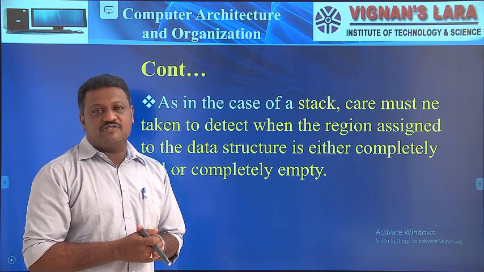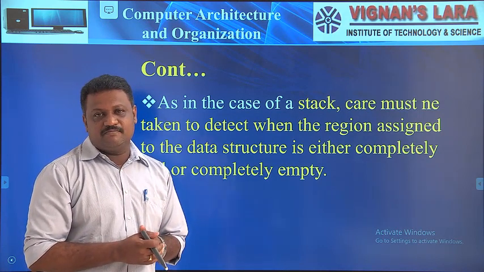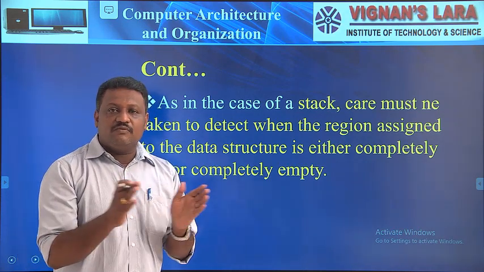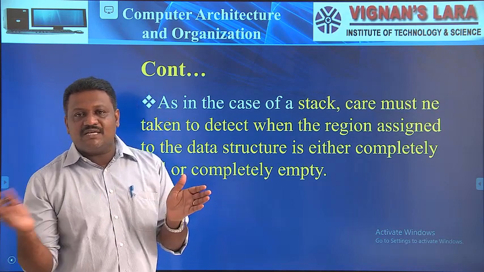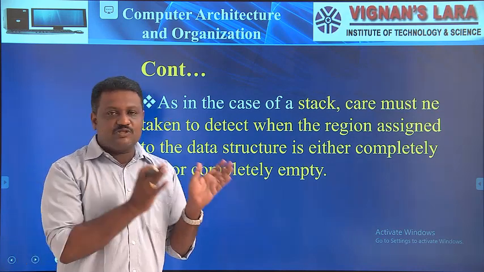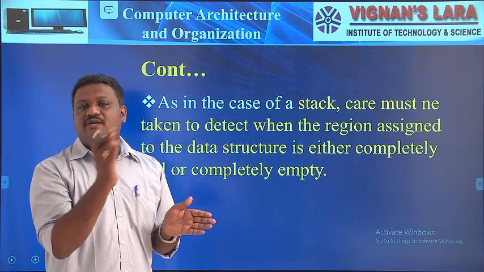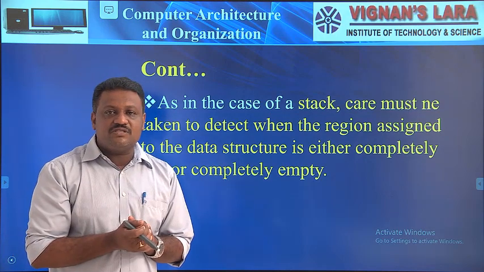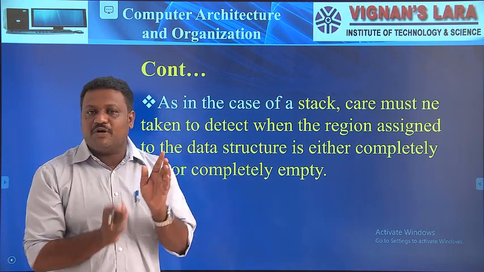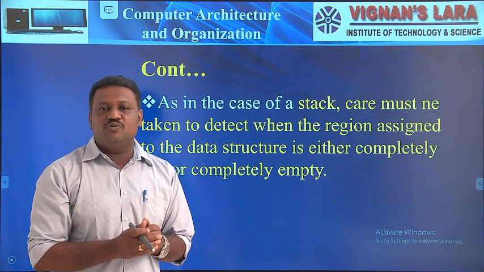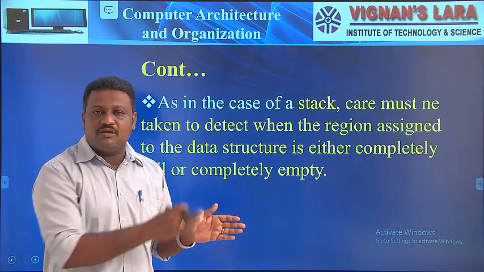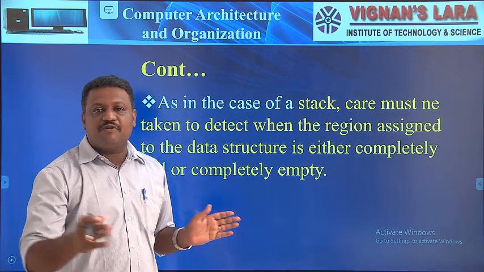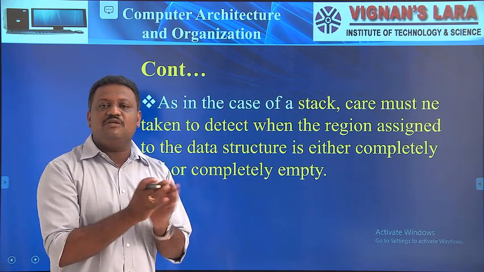So these are the three differences between a queue and a stack. What's the first difference? In the case of a queue, we use both ends. At one end I add data, at the other end I retrieve data. But in the case of a stack, one end is fixed, and at the other end only I can write as well as retrieve data. The second difference is that for a stack, we need only one pointer, which is the stack pointer. But in the case of a queue, I need two pointers. One pointer points to where data elements are added to the queue, and another points to where we retrieve data from the queue.